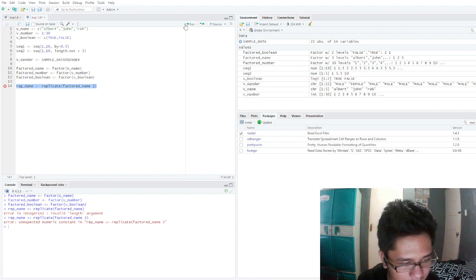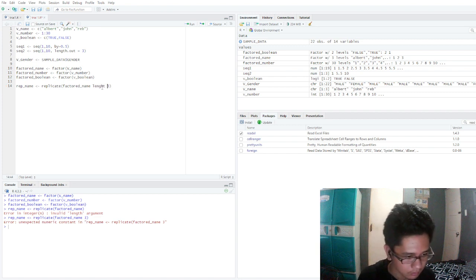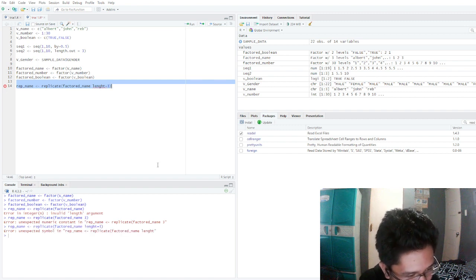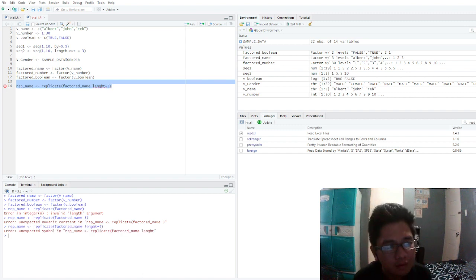Let's try it. Error, unexpected numeric constant. Then close it. Run. What's wrong with my code? Oh, I see.